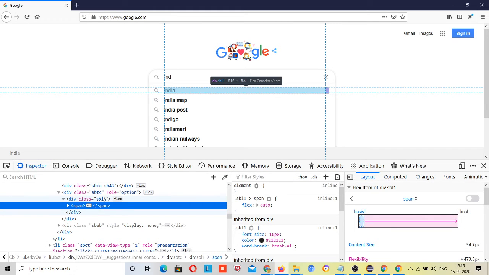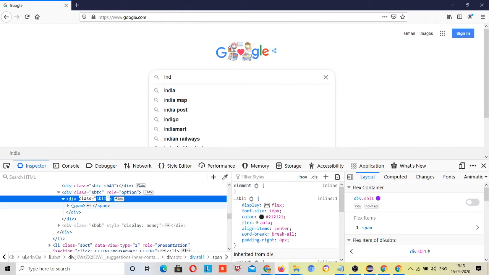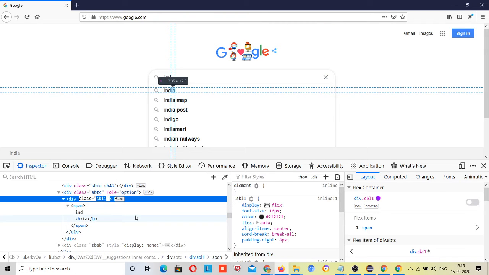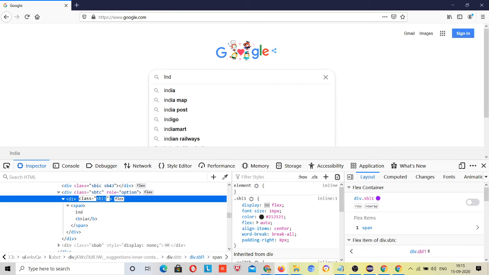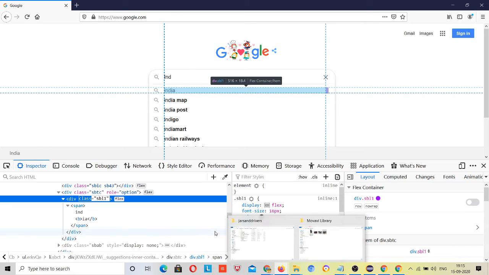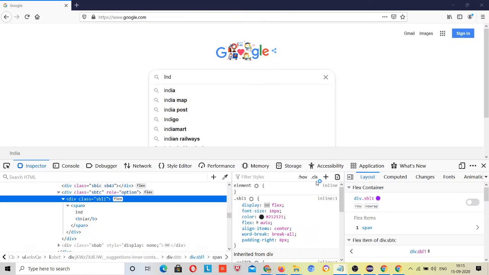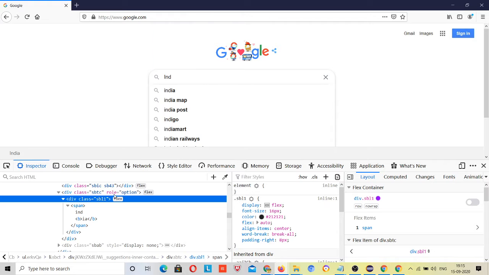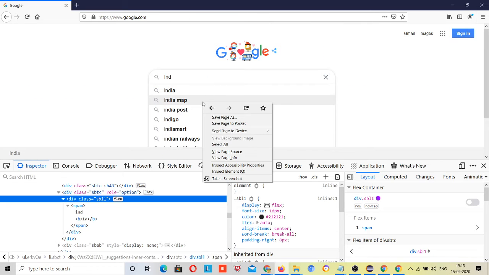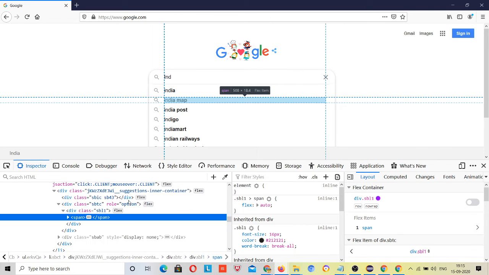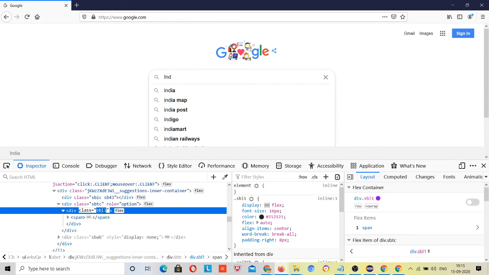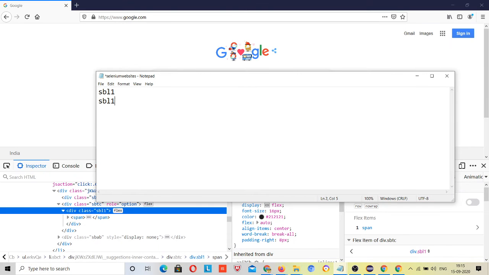Div tag sp1, span sbl1. Copy this class, right? This one is a class. Second result, right click, inspect, again this sbl1. This is the same class, right?